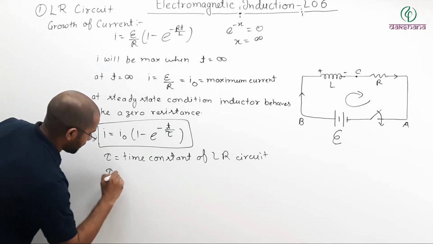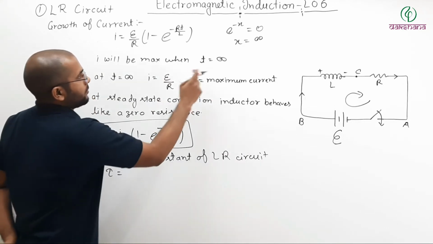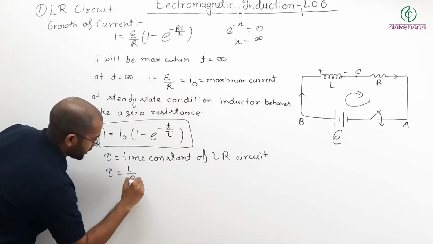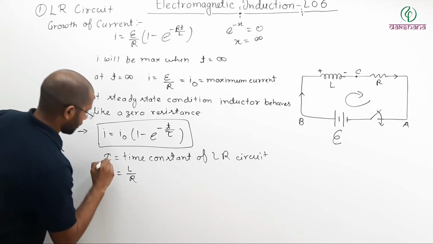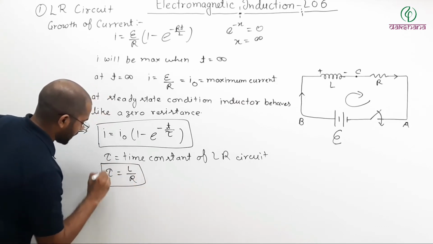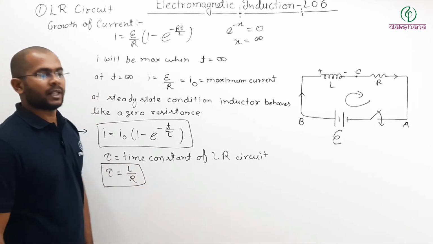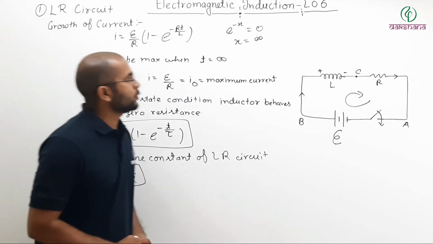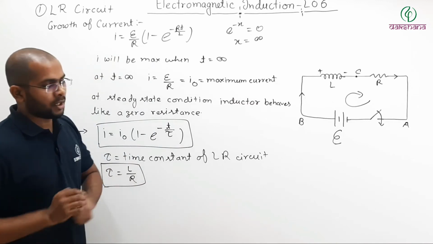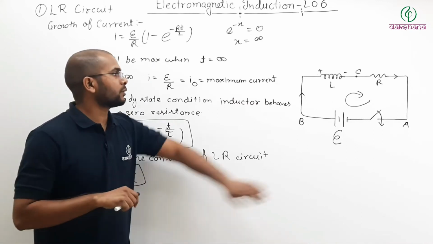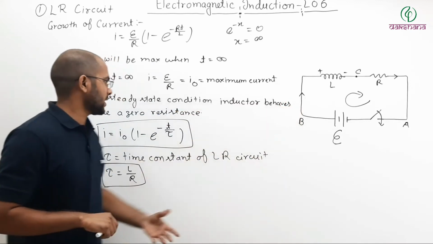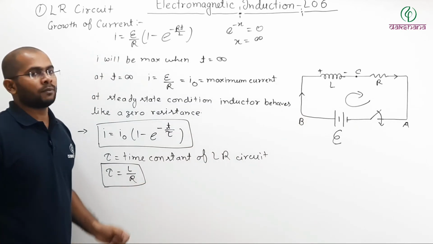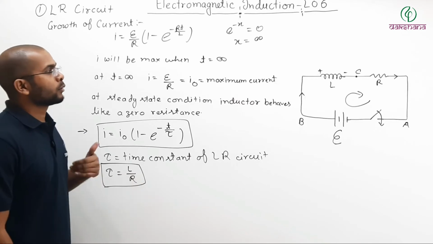Value of tau is here, minus of R by L. So value of tau is L divided by R, like this. So time constant of an LR circuit may be written as L by R. So that way you can use this equation in order to find current through an LR circuit as a function of time. Pause the video, note it down,